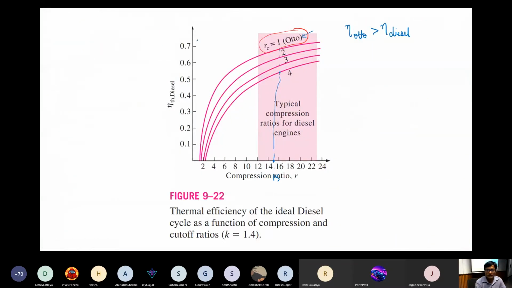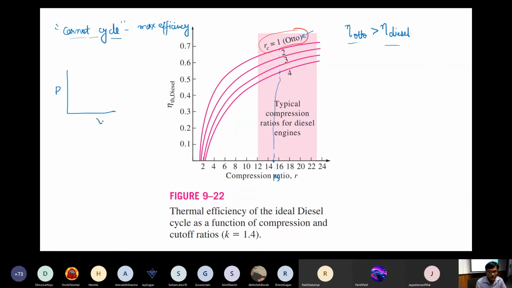But somebody may ask, what could be the more efficient engine that you could think of? So remember we talked about something called the Carnot cycle. Obviously, this is a hypothetical cycle which may operate similar to these Otto or diesel cycles, but the Carnot cycle will have maximum efficiency.